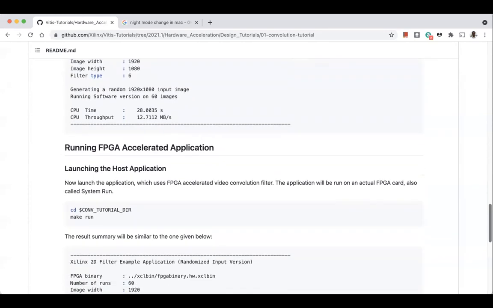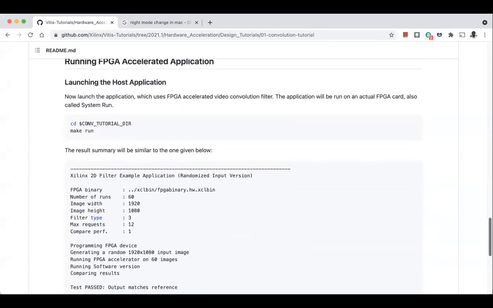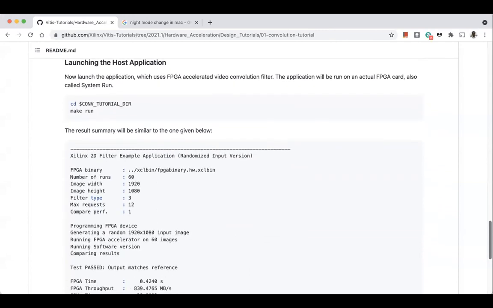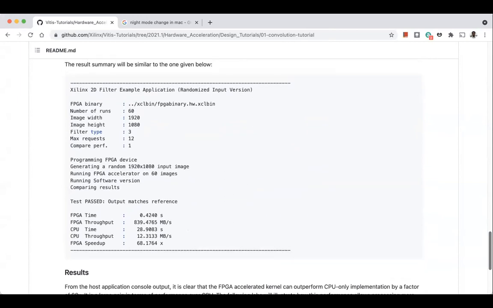As I wait for input from you, they also have an FPGA implementation. When they ran it on an Alveo card, the FPGA is able to get a 68x speedup compared to the CPU.